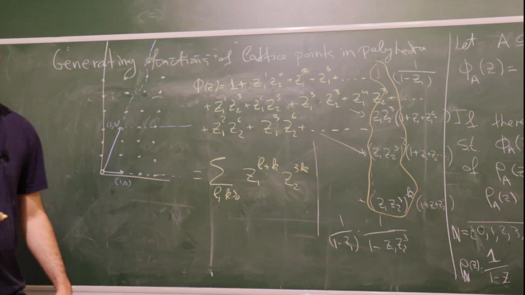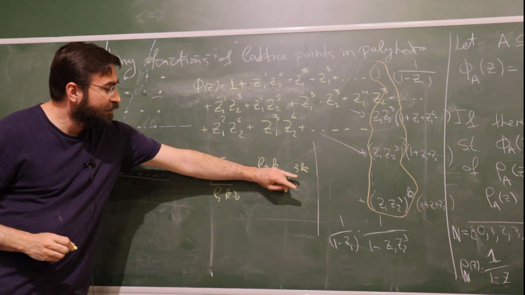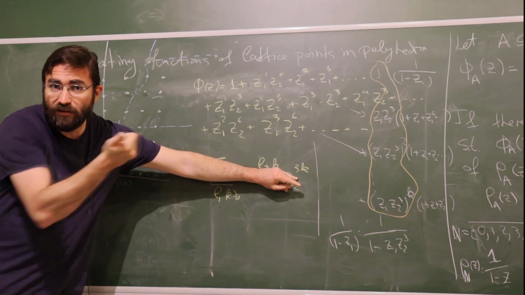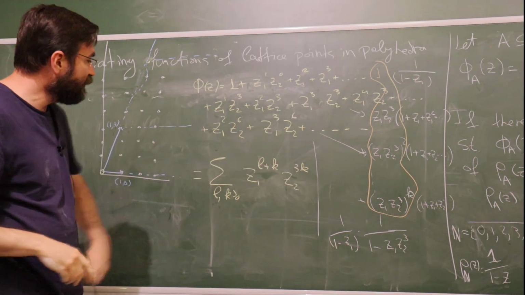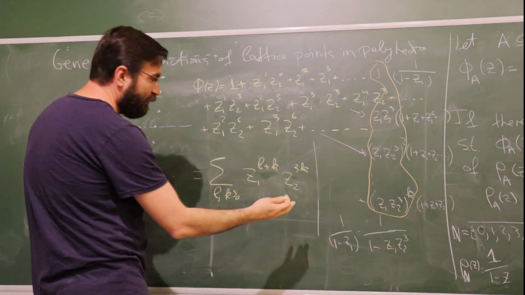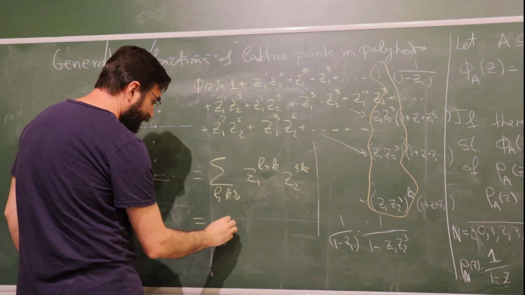This is what I'm getting. These are the points. If I take L times 1, 0 and k times 1, 3, I will get these points. And if we decouple that, what we will get is